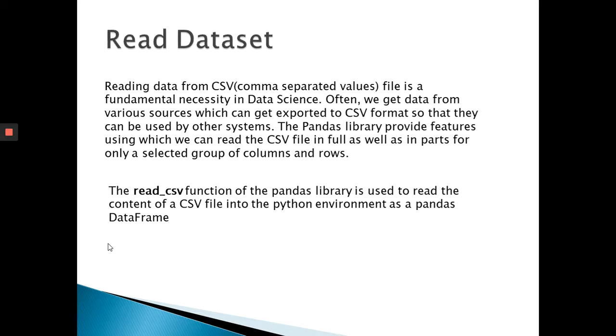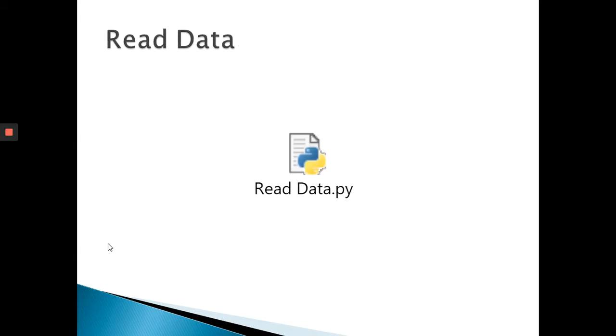In Pandas, we have a read_csv function, which is used to read the content of a CSV file into the Python environment as a Pandas data frame. After that, we can apply the other functions. And this is the code for reading the data from a CSV file.